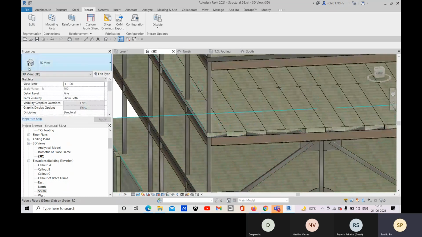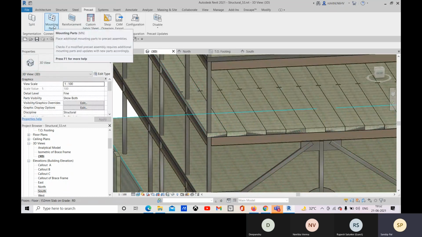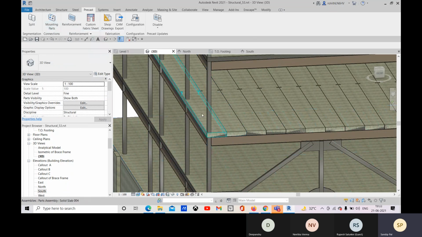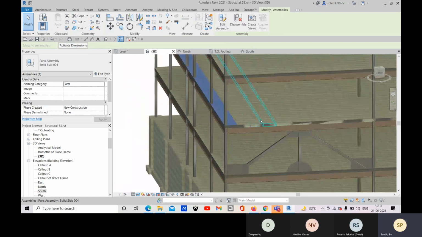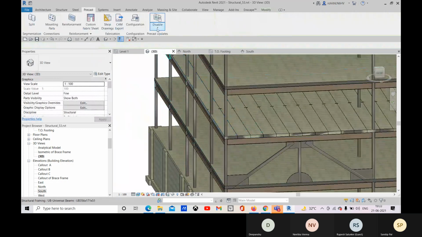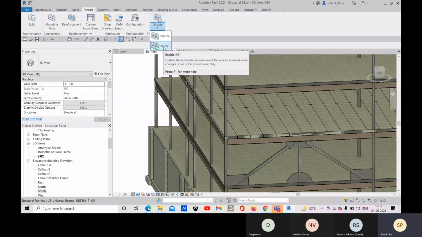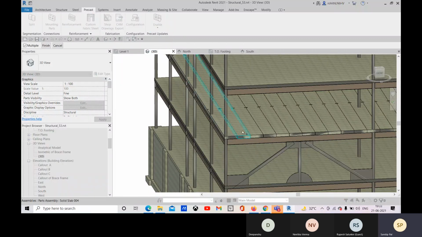Here we have this mounting part, so we have to load some manual parts. Okay, this was actually disabled, so that's why I couldn't get that.